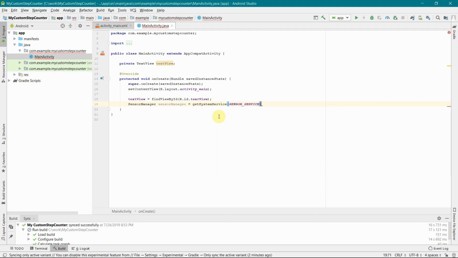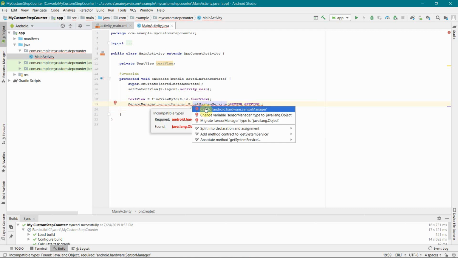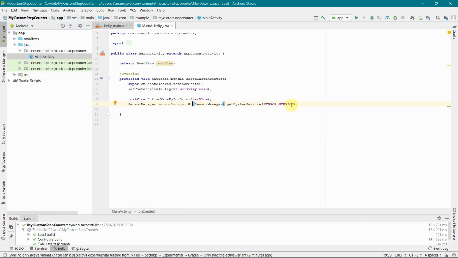Yes, that's it. So there is some kind of error, and let's see. Yeah, I think there is some caching problem. We can just use this cast, and that should solve the problem. Yeah, so it was returning something different. Yeah, so once you cast it, you will get the sensor service returned in the sensor manager,